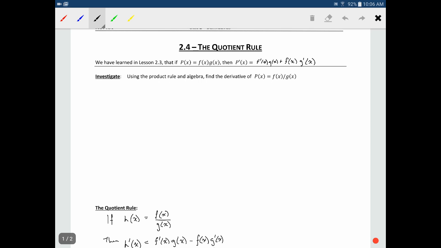Alright, today we're going to take a look at the quotient rule. You'll notice that I've actually filled in quite a bit of the information already, because this is my second time through, because I messed up the video the first time. So anyway,